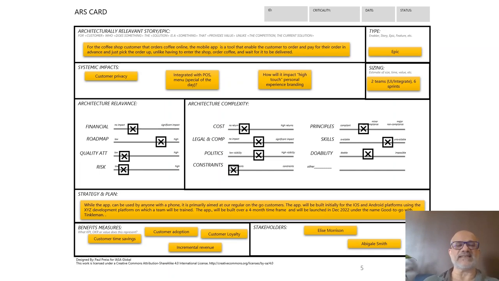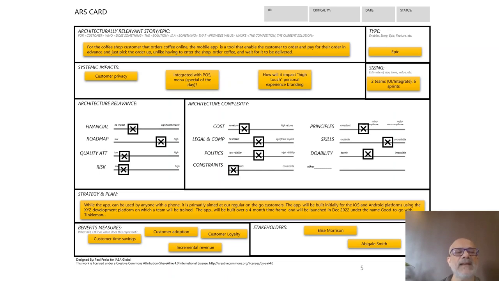It's a tried and tested kind of application. We are not the first ones doing it. There's enough experience both within the organization and outside the organization if we need to tap into it. From an architectural complexity measure perspective, there's cost and legal and compliance and all of these other things that you see which can give you a good perspective of this specific epic.